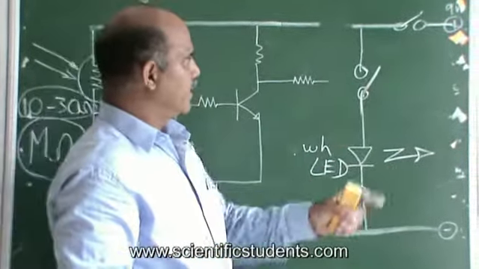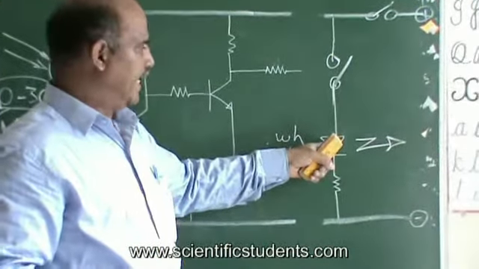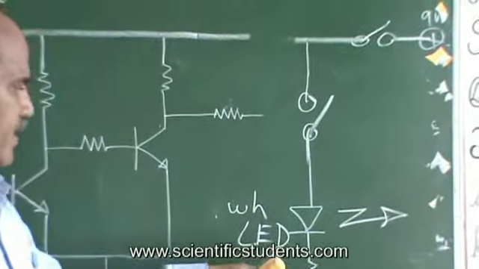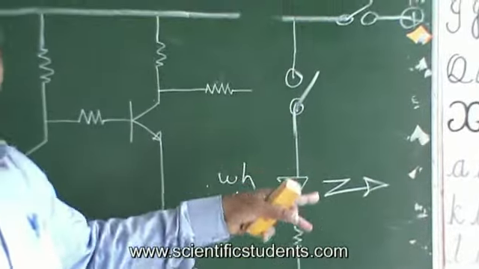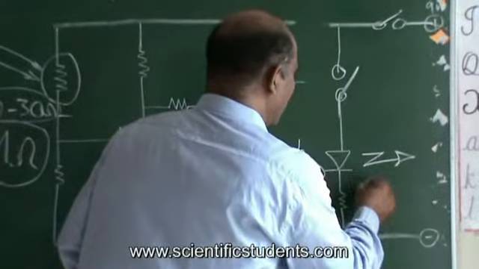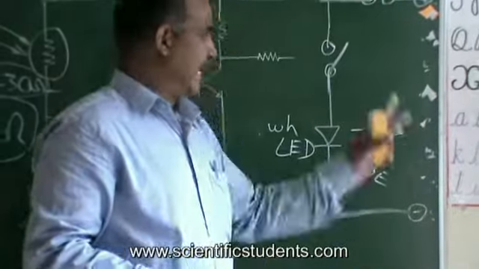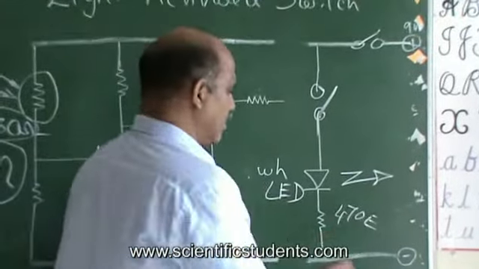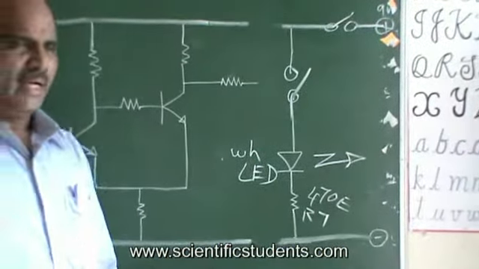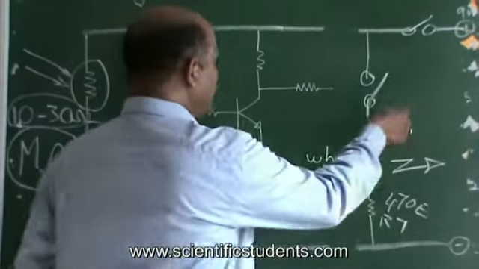Now, this is a switch. The 9-volt battery is there, and the LED, the light, the bulb is there. Whenever you switch on, you need a resistor because of the 9 volts, so that we can control the current in the LED. So we have a resistor here, 470 ohms, which is bright enough for 9 volts. In our project the value may be R7; let me see what it is. Fine.